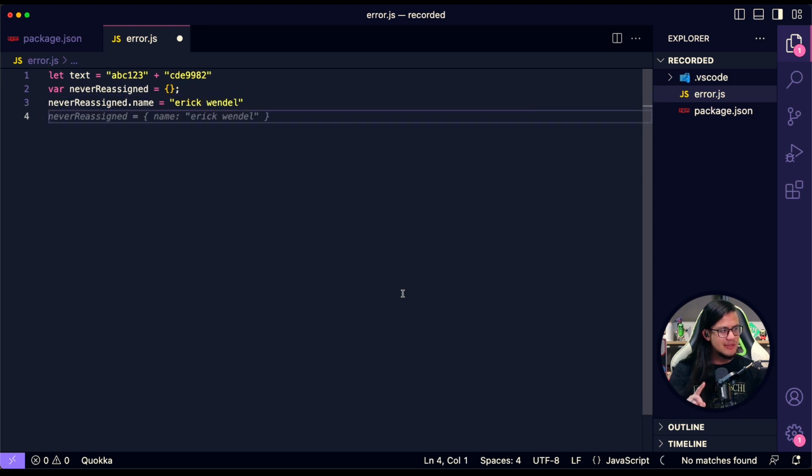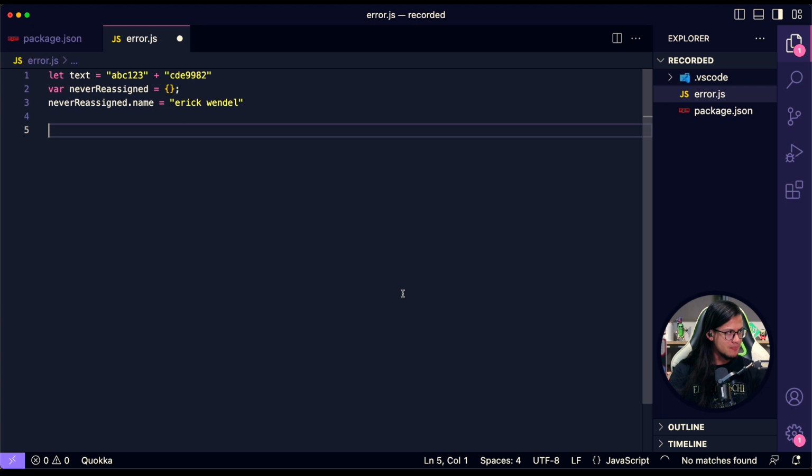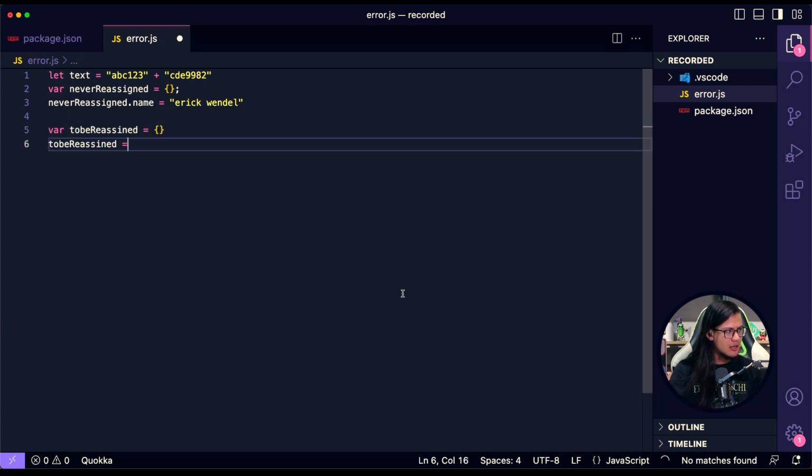Wendel. You're gonna see some suggestions here because I'm using GitHub Copilot, okay? GitHub Copilot is gonna help us a lot today. I'm gonna be using one more here to be reassigned, and I'm gonna reassign this value, okay? So I'm gonna use name, and I'm gonna reassign it